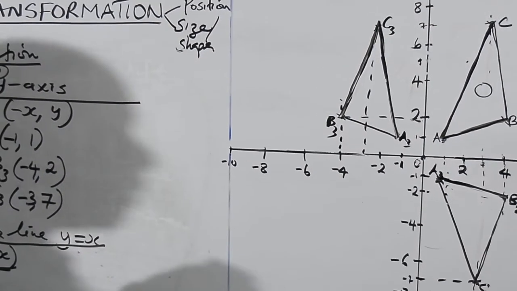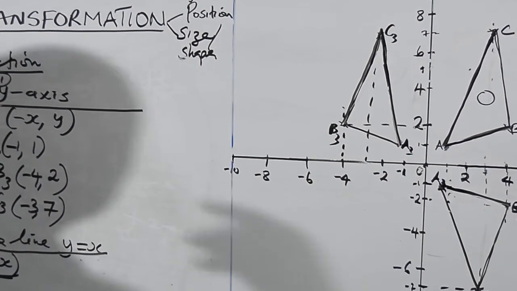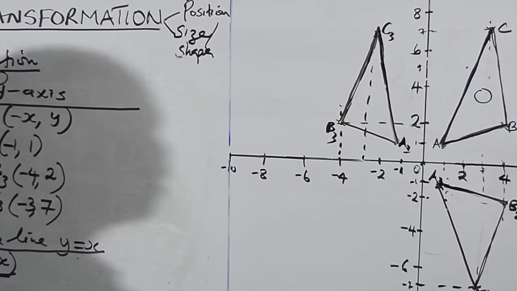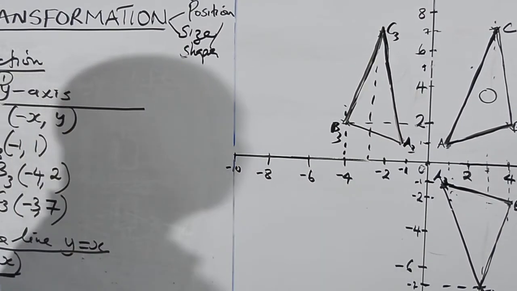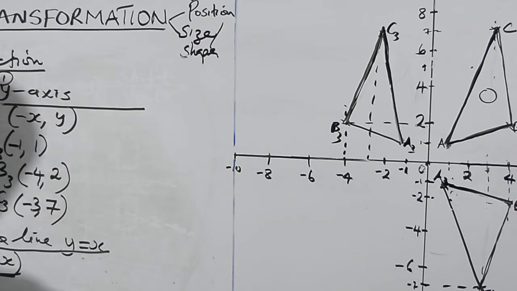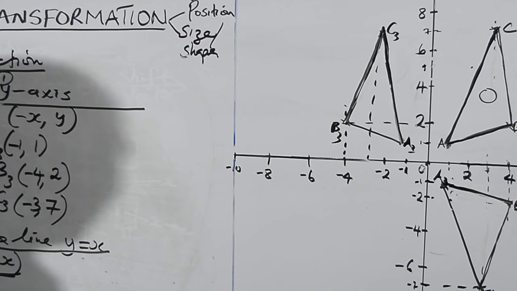We are changing the vector. I can change the coordinates of the vector in trying to effect the transformation, because transformation is the process by which you can change the position of the vector and also the size of the vector. So that is why we are changing: we want to reflect it in the line y equals x, so the x coordinate becomes the y and the y becomes the x.